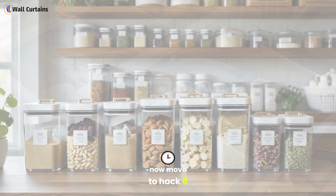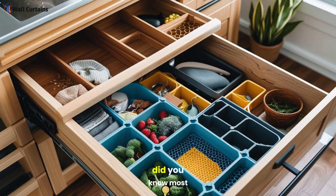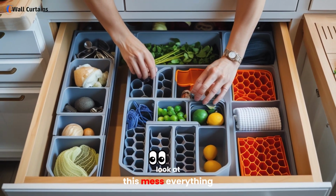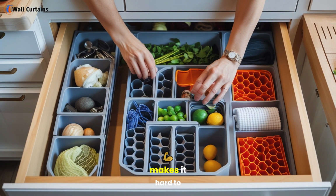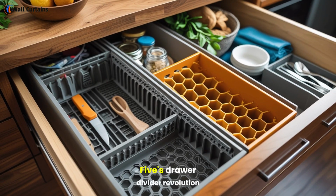Now move to hack 6. Hack 6, drawer divider revolution. Did you know most people waste half their drawer space? Look at this mess. Everything jumbled together makes it hard to find what you need. Let me introduce you to 2025's drawer divider